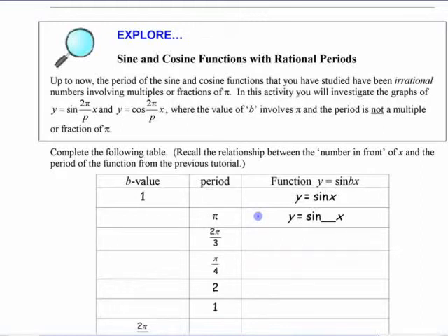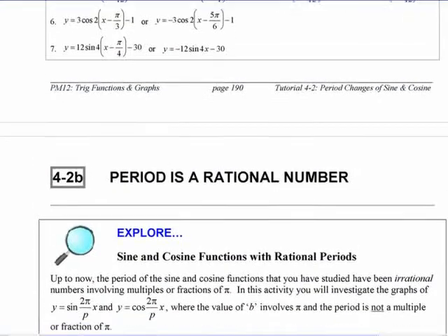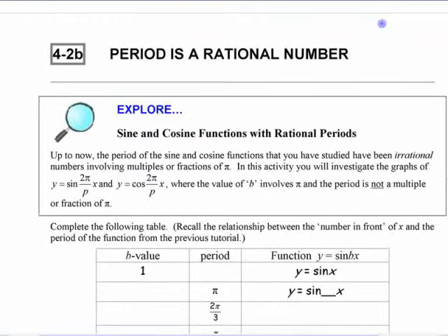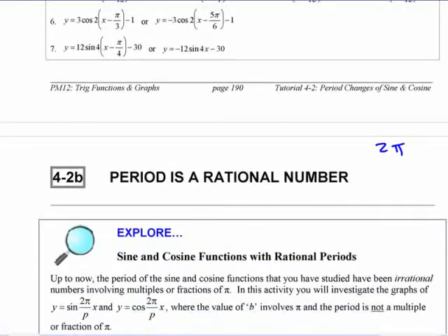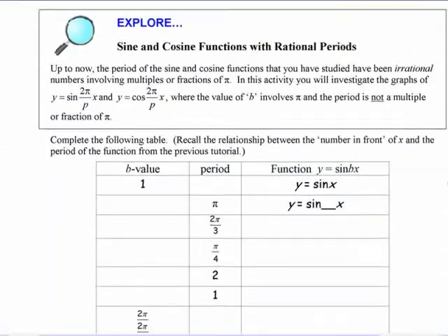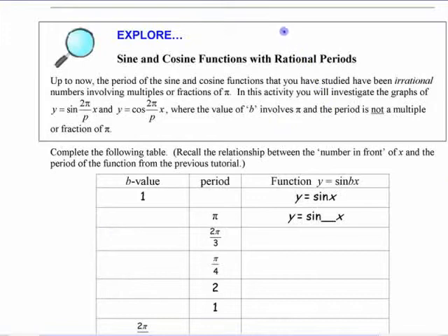Kind of look at it together here first to start with. Up to this point, you've looked at functions with periods that are just the usual 2 pi, and actually the warm-up questions that I just gave you didn't even have any period change at all. If you put a number in here,